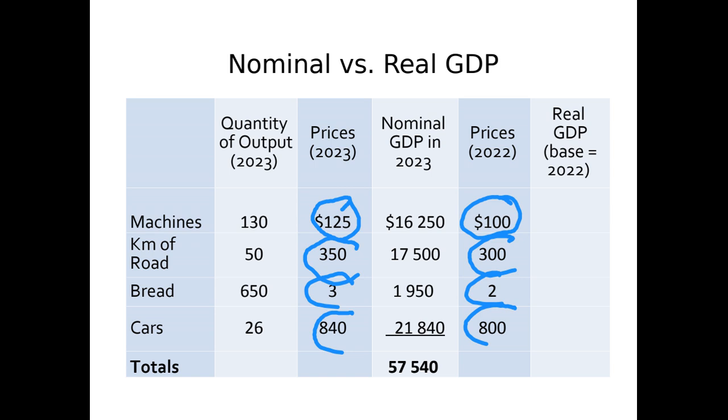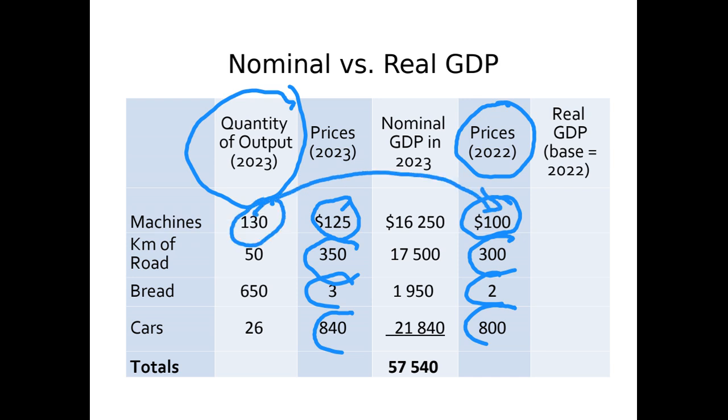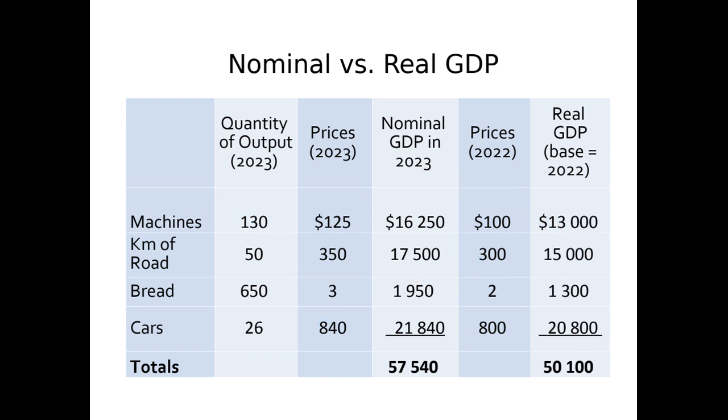So how am I going to calculate real GDP? I take the quantities of 2023, but we value these products using 2022 prices instead of 2023 prices. So I multiply 130 by 100, not 125. I multiply 50 by 300, not 350, like this. Then I add the numbers, as you can see in the next slide. I calculated real GDP in 2023, and the base year is 2022. The real GDP is 50,100,